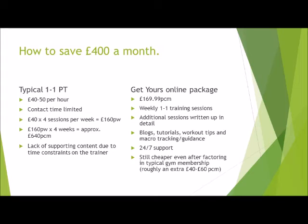And if you think about it, the quality actually goes up when you use online training as opposed to face-to-face, for the simple reason that an online coach doesn't need to be in the gym 12 hours a day training clients, because he's getting paid to actually be at home writing blogs to improve the service, improve the experience of his clients. Most of my blogs are about things that my clients have asked me about. My workout tips are designed to answer questions that clients have asked me. Tutorials that I can create in my own time help you guys lift well, even when you don't have me standing there giving you those specific cues. You know them all because they're in tutorials that I can send to you at the click of a button